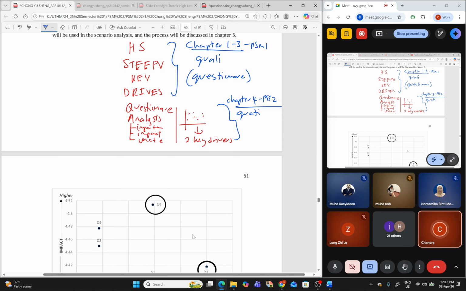Alright. So I think sebanyak boleh saya dah terangkan semua ni. You just have to spend some time. Masa yang akan ambil adalah di sini. Okay, ini yang masa will take time. Horizon scanning to STEEP V itu akan mengambil masa yang lama, so you have to sit and do properly. Kalau you dah buat semua ni, yang lain semua senang je, boleh buat as fast as possible.